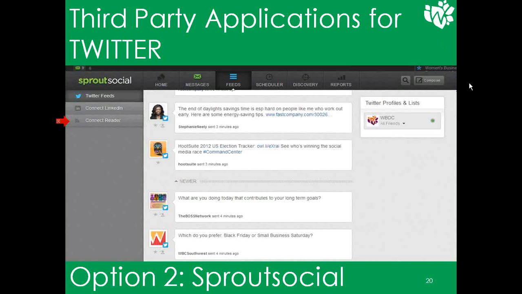There might be more functionality, but I have yet to see it. You're going to have the scheduler up top here. Discovery is a search tool. And your feed, since we only put our Twitter feed here, that's what this is, so you can see everything that's going on. So this is just another tool to use, and it's very similar to HootSuite, like I said,